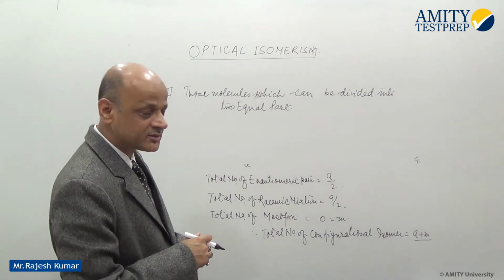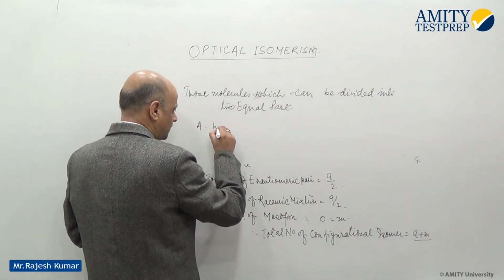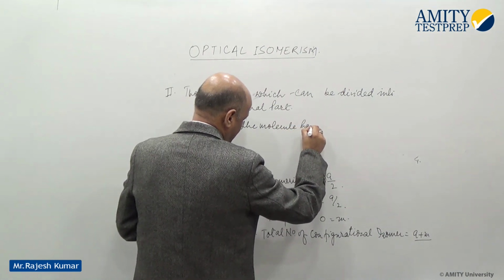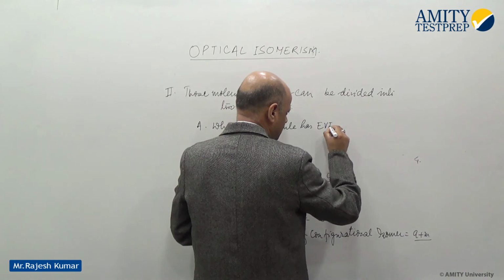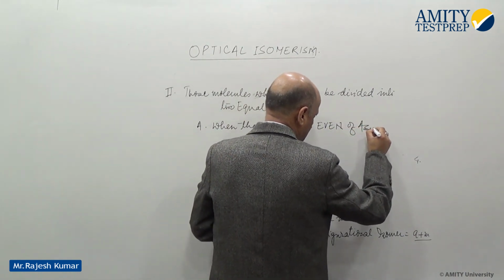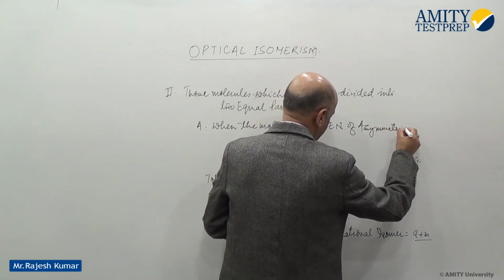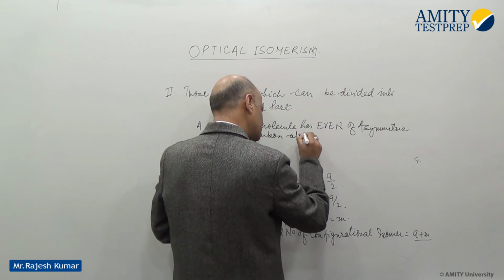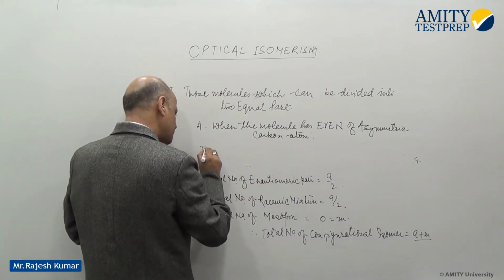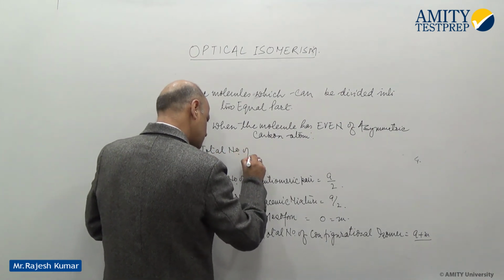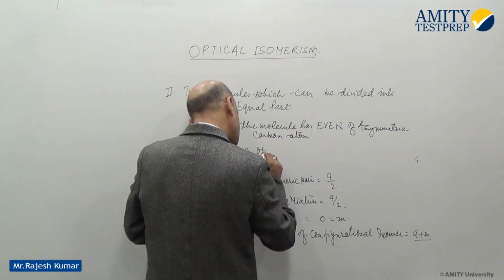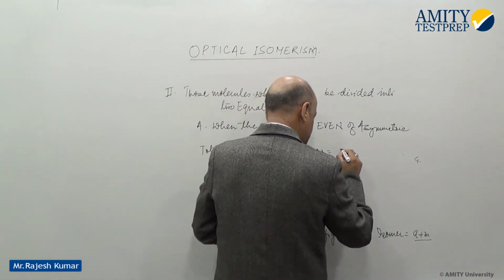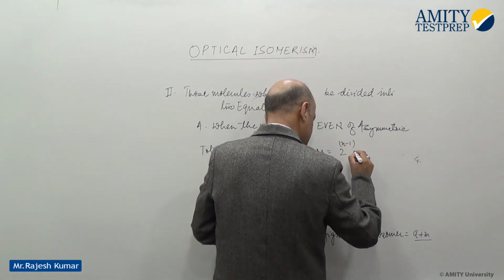In the first condition, when the molecule has an even number of asymmetric carbon atoms, then the total number of optical isomers is equal to 2 raised to the power n minus 1, which is equal to a,